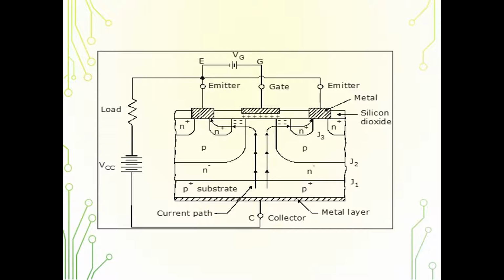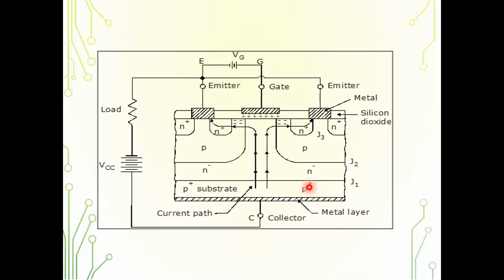That is due to the presence of a P plus substrate. Okay, you have a P plus substrate which is responsible for the minority carrier injection into the N minus layer. So you can observe here, N minus means it is lightly doped, N plus means it is heavily doped. So this is a NPN, this is again an NPN. If you look, this is a PNP. So you can treat this IGBT as actually a 4-layer structure, PNPN. Okay, 4-layered structure similar to a thyristor.